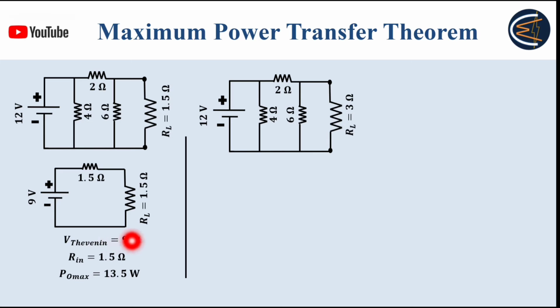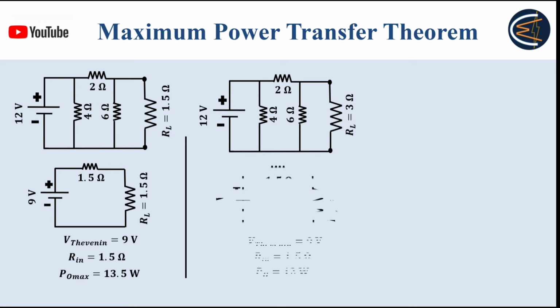As you can see here, Thevenin voltage is 9 volt, okay, and because here you are using the Thevenin equivalent circuit, you need to use that Thevenin voltage as the input voltage, although it is hypothetical. In the Thevenin equivalent circuit you use the Thevenin voltage as your source, and the internal resistance is 1.5 ohm as I just showed in my previous slide, and load resistance is 1.5 ohm. As you can see here, both the resistances are the same, hence it satisfies the condition of maximum power, and if you calculate, it will come to be 13.5 watt. So that is the maximum power that can be transferred from this circuit, okay.